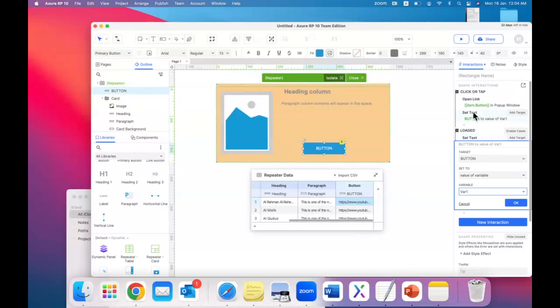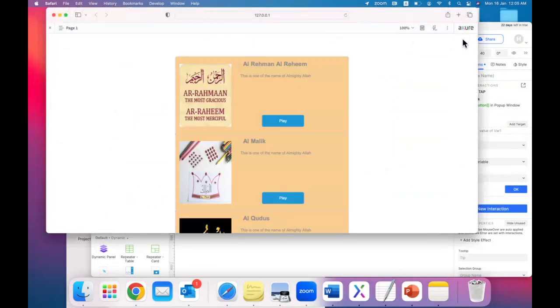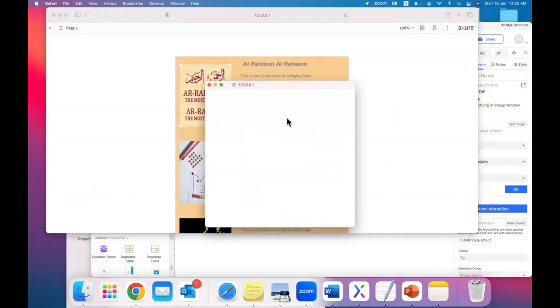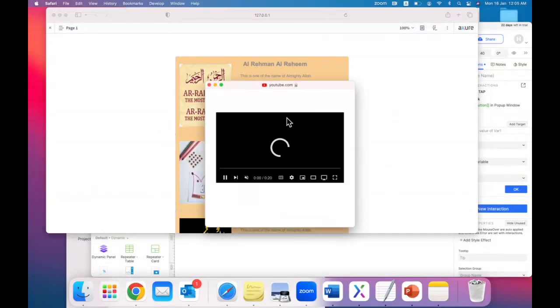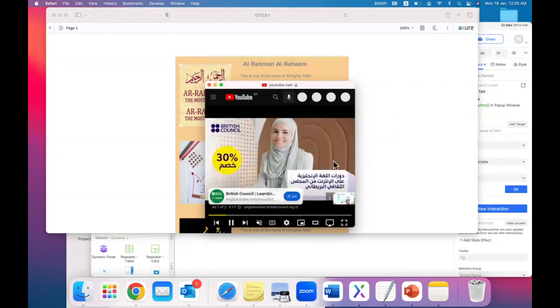So we do not need this now because we are going to set it with a page load. So whenever the page is loaded, we want to set the caption of the button. So we go and click the play button. So you see the button is named as play when the page is loaded, and then when I click on it, the URL is starting. So this is how you create a repeater